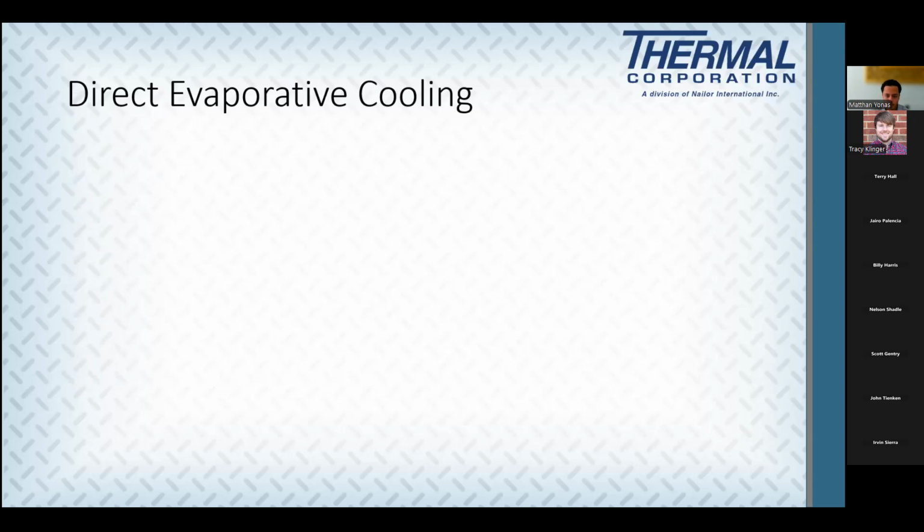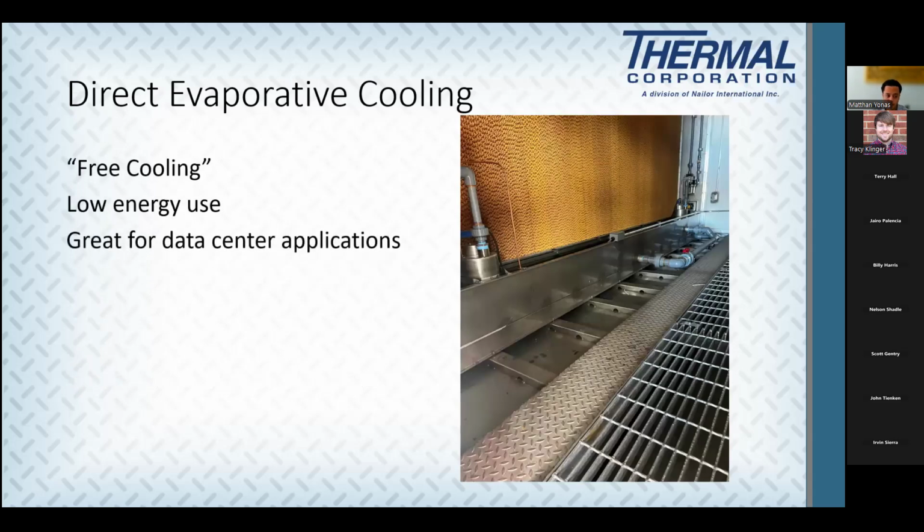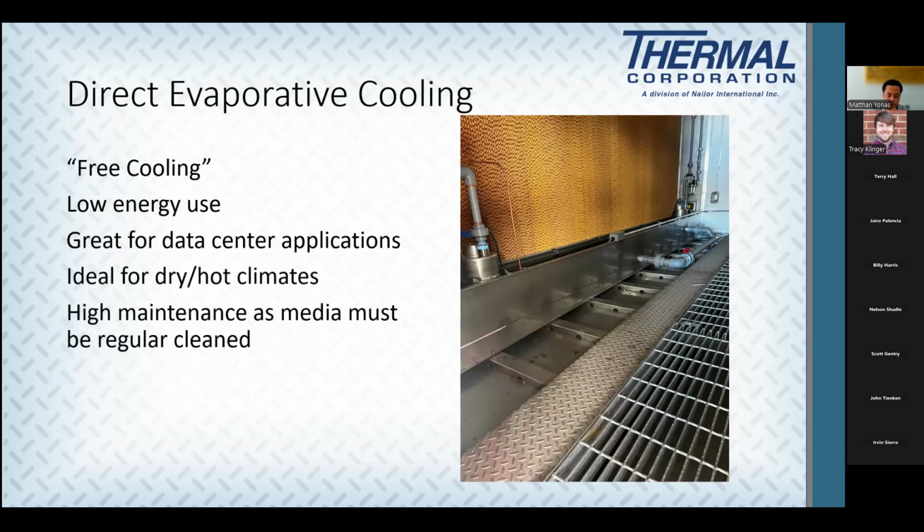So moving on to direct evaporative cooling. Some people like to call it free cooling. It's low energy use. And for these reasons, it's great for data center applications, but it's really ideal for hot and dry climates. And it kind of does have high maintenance because you've got to clean your media out a lot. And this isn't really applicable to the Georgia market, as we know how humid it gets there,